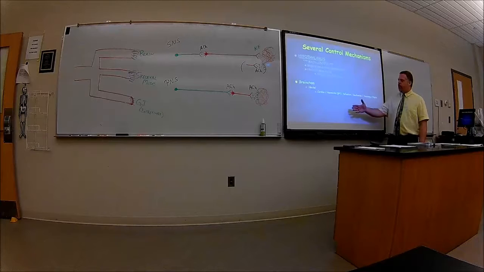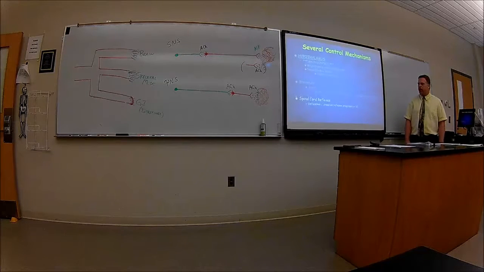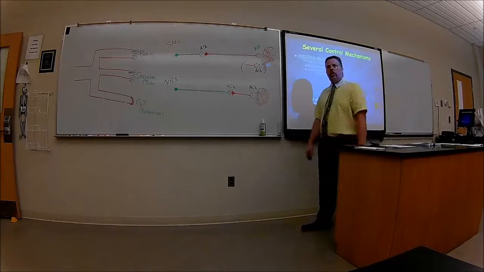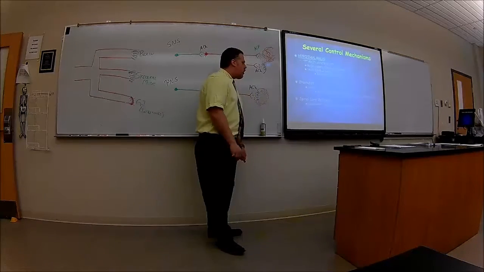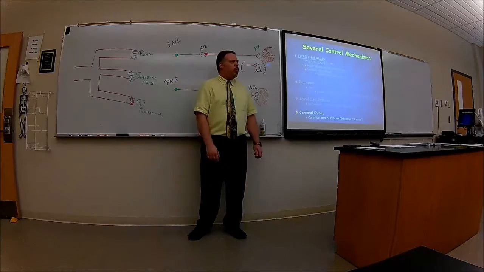You also have the brainstem, and you have certain cardiac nuclei there, especially in the medulla oblongata. It's going to have those areas that deal with blood pressure and cardiac function. You also have spinal cord reflexes for defecation and urination. And we have the cerebral cortex that could bypass some of those reflexes.